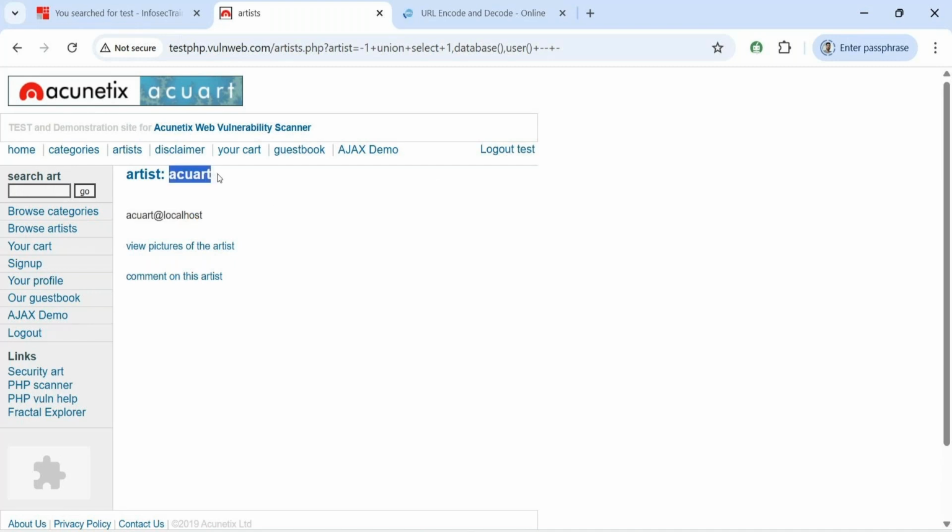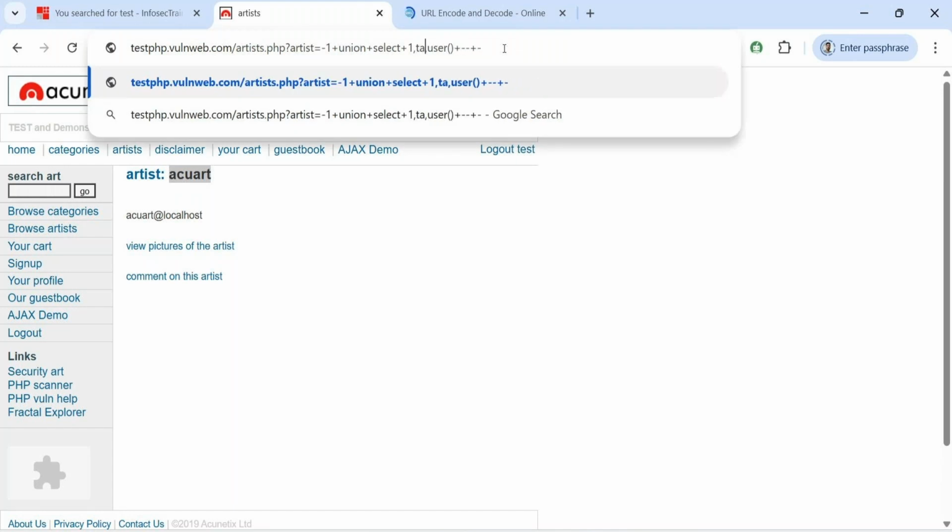we found this database name. Now it's easy for us to identify the tables and columns, because we know this is MySQL. When we check the version, there is MySQL, and in MySQL we know there is an information schema, right? So what we do, we use that. So select table name from information schema dot tables. That is the table name,